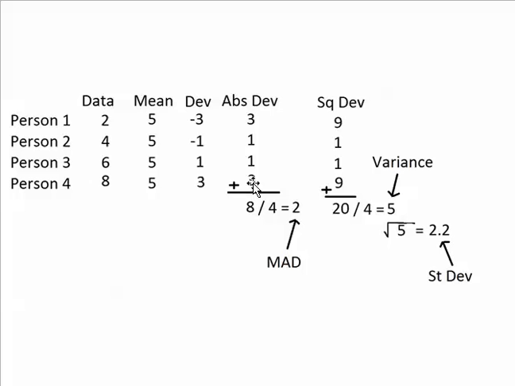Instead of being 2 and 2, they're now 3 and 3, which means that the total of the absolute deviations is bigger. The total of the absolute deviations used to be 6, and 6 divided by 4 was 1.5, but now the total of the absolute deviations is 8, and 8 divided by 4 is 2. So since these two absolute deviations have gone up,